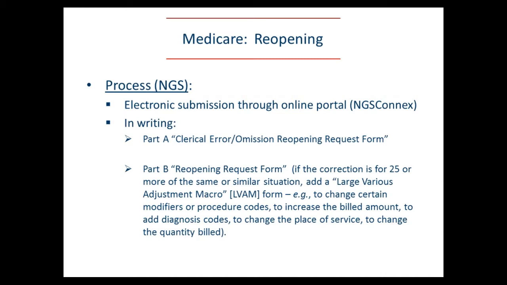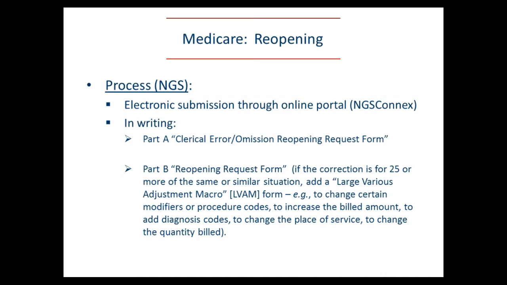There are 3 ways to do a reopening through the NGS system. One is electronically. They have an online portal called NGS Connects. A second way is paper forms in writing,